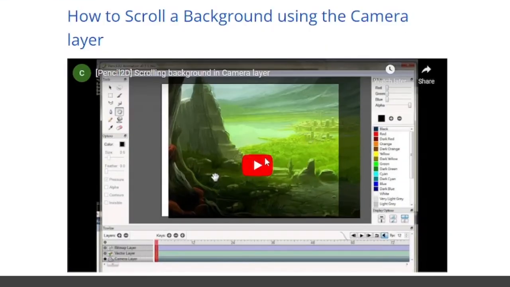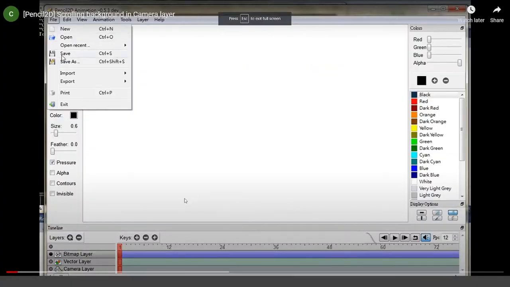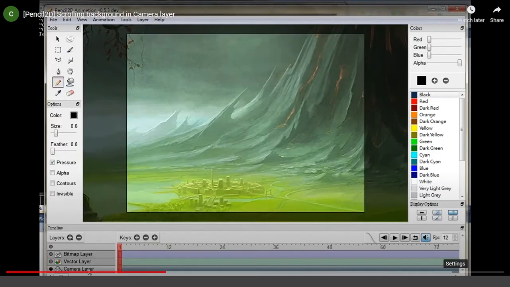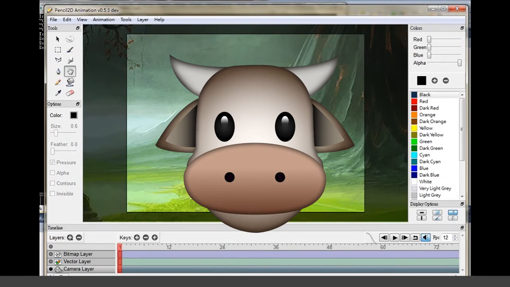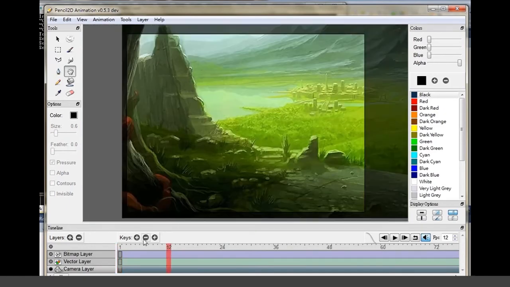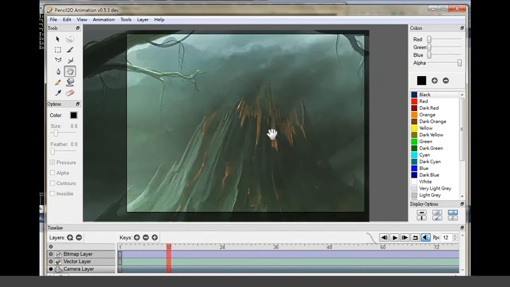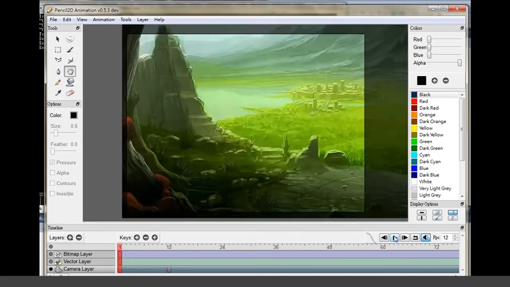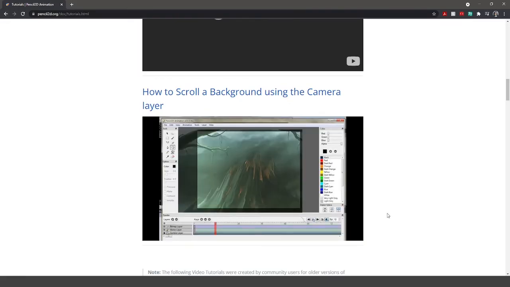Oh, look, this is exactly what I was saying with the camera. Alright, so they're importing a background. Are they taking the camera layer? The move. Oh, I see. I guess then you can add the keyframes, right? Yep. And then I guess it'll automatically put in the in-betweens. That's really neat. Look at that. That's exactly what I was wondering.